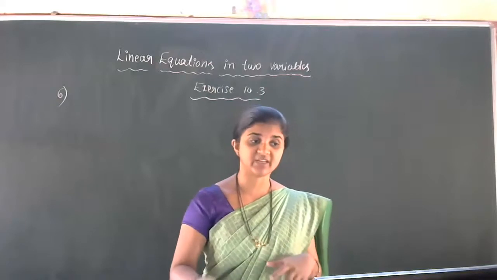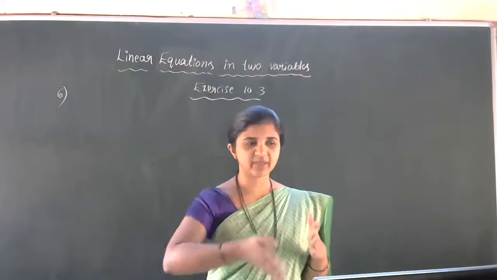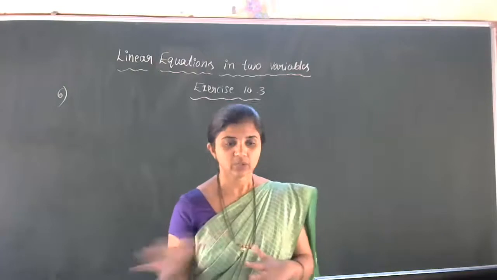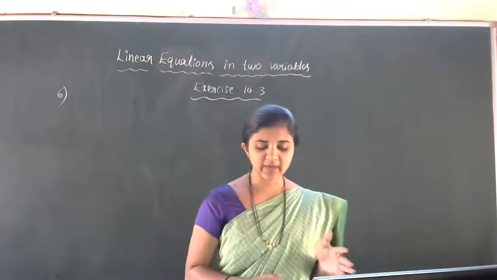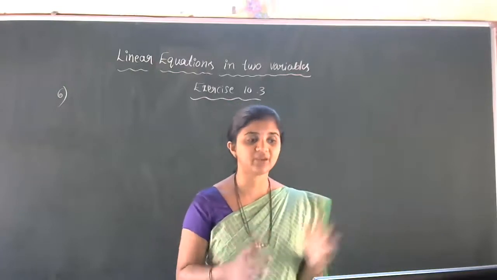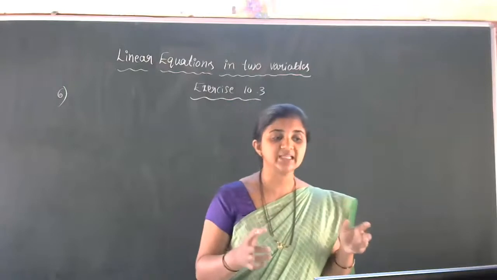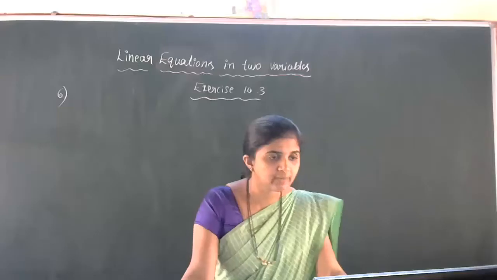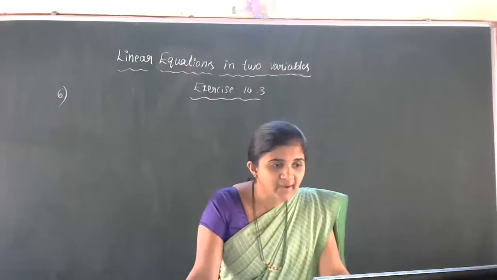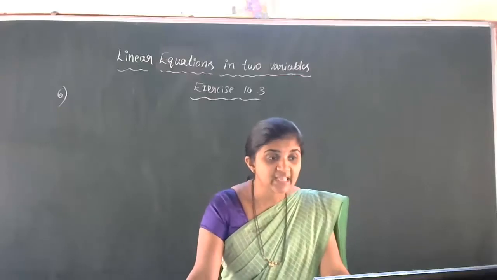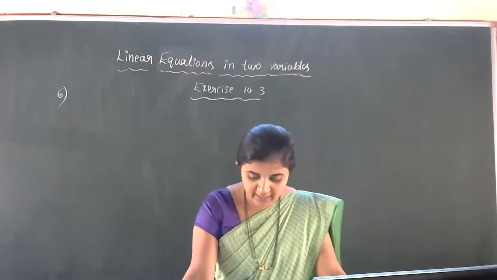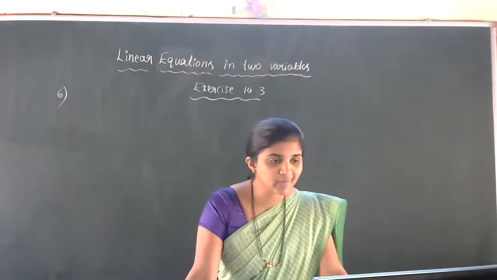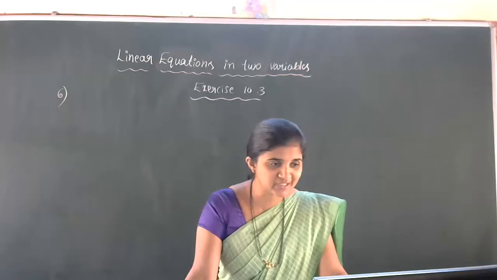This is after the graph. After the graph, just from the graph we have to read the value. So that is the second part. So the first part is that we have to form the equation. Now according to science, can you tell me the statement? Can you tell me the expression? Work done by the body is directly proportional to the distance traveled by the body. How can you represent that?